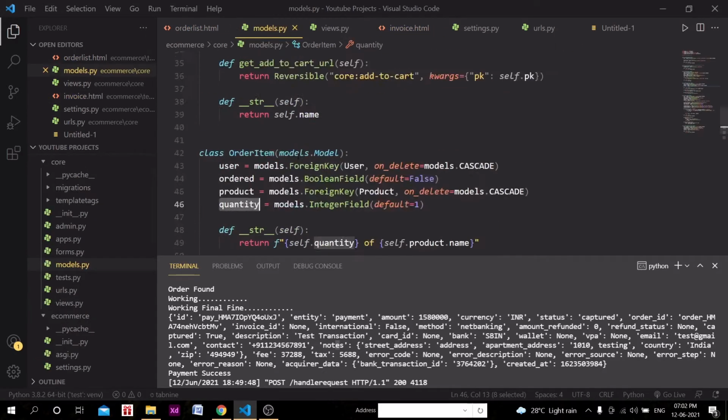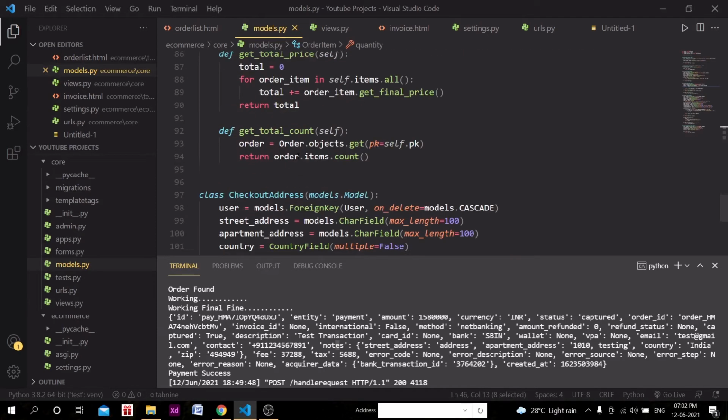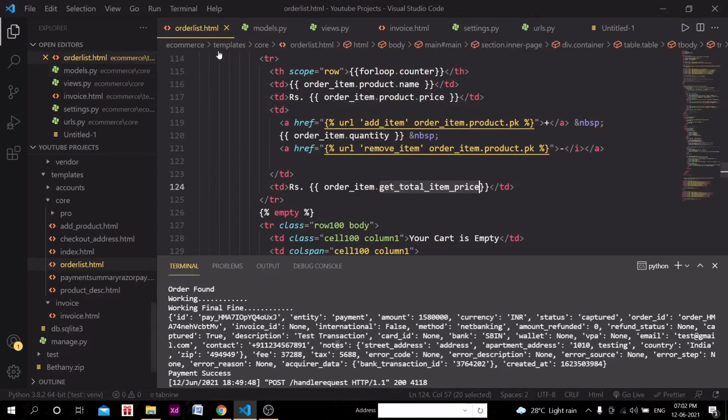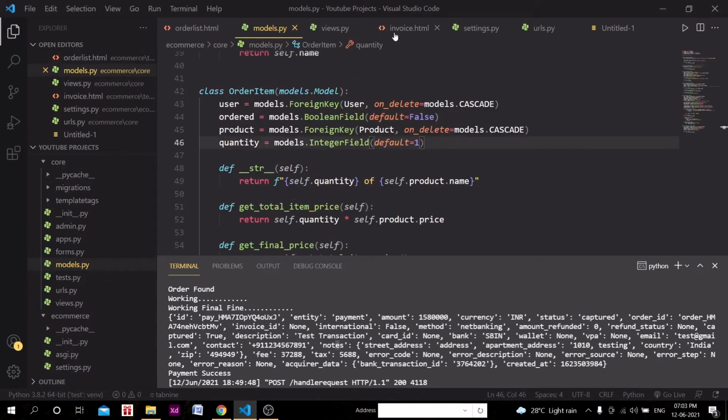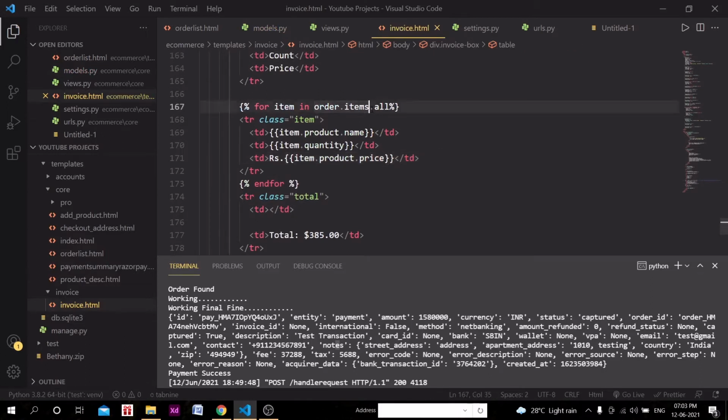In the order, get total price was there, get total count was there, but we need to call get total item price, which was actually in the order item object, right? Actually we forgot one thing. This order item is actually each object, so we can call those functions also. So here, instead of doing this, we can simply call item.